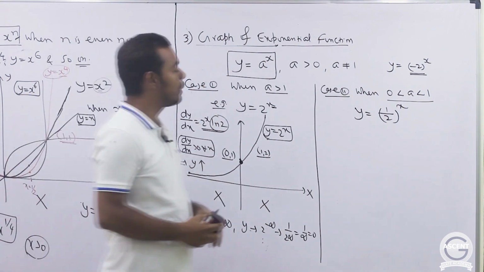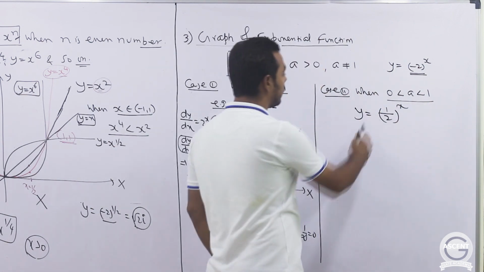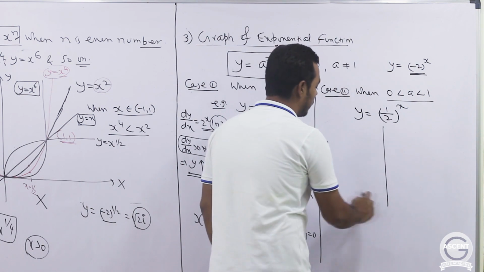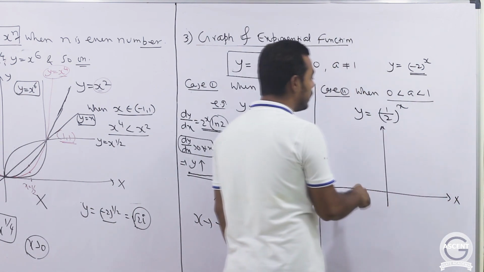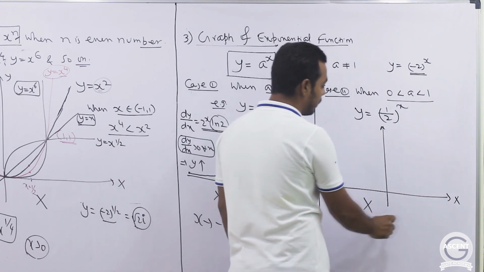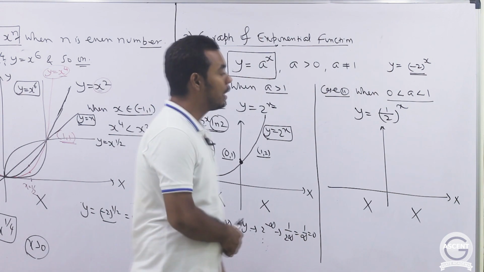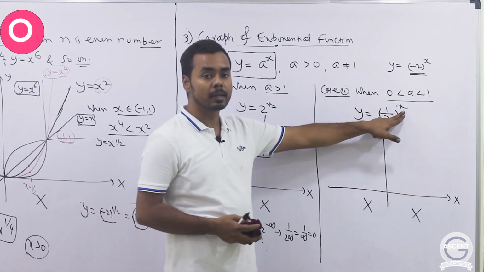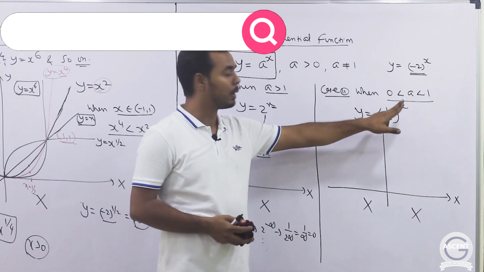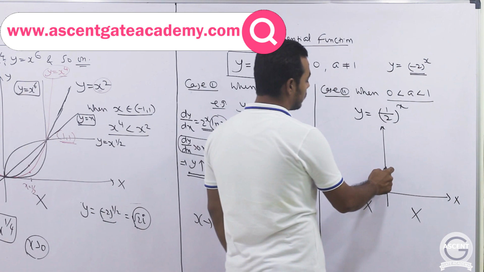Now we are going to see what happens when a is between 0 and 1. So let us see the graph of y equals (1/2) to the power x. Again, these are our coordinate axes. For all values of x, y is always positive. No portion of the graph should be in the third and fourth quadrant. Now, as you can see, if I place x equals 0 here, then the value of y will be 1. So this means this